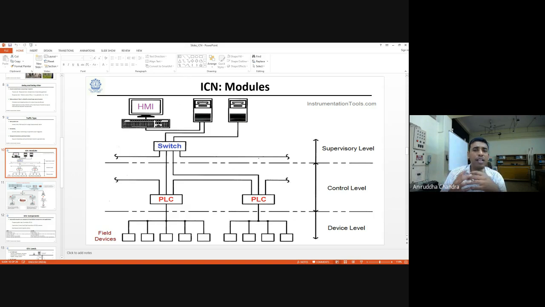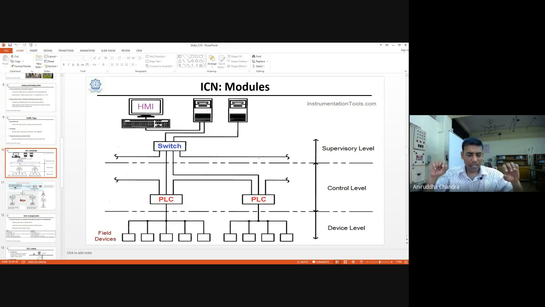Now these field devices generally do not have a control circuit of their own. They are generally connected to a PLC or programmable logic controller. So that's why this layer is known as the PLC layer or control layer. And these PLCs are connected via some switches where the data transfer is done. Switch you already know, we have talked about it in our computer network course. And at the top layer, we have something like a human machine interface, HMI. HMI is like software which is controlling everything. Like you can have SCADA or something, that kind of software with which we can control the PLCs.